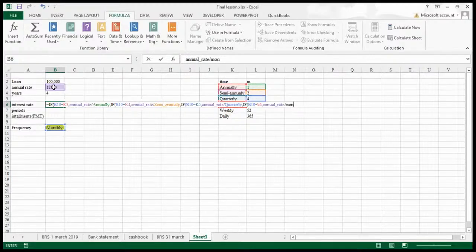And monthly, if you check, the first one is the normal function in the Excel, but the second one is what we created. So pick your second one,